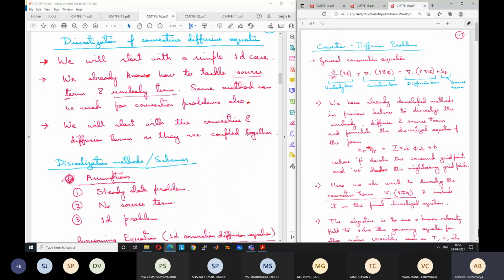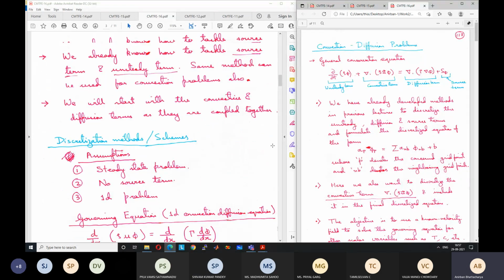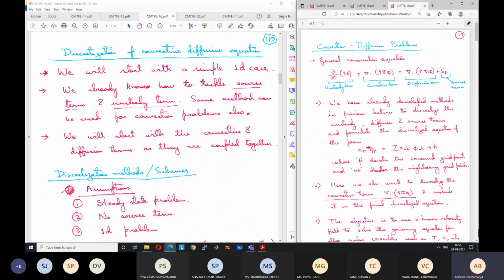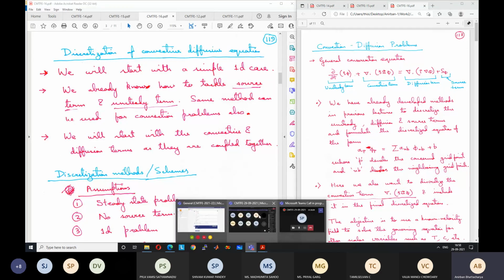So yes, we will discuss in Monday's class. Okay, we'll continue this discussion, and I will give the assignment problem, both the assignments maybe, and give you sufficient time to submit them, and we will also start discussing the project next week. Okay. Any question? Anything else you want to discuss?